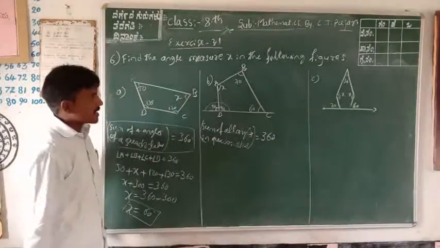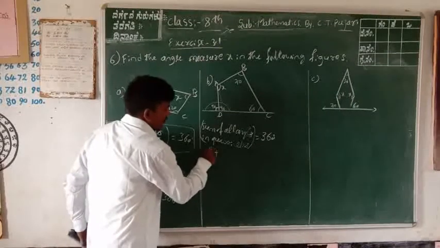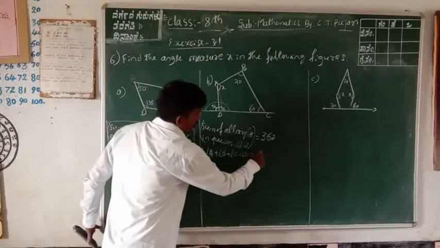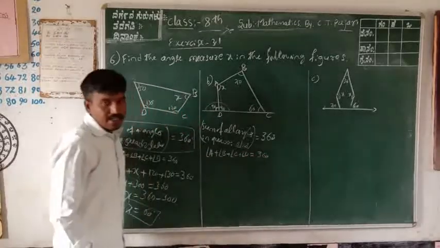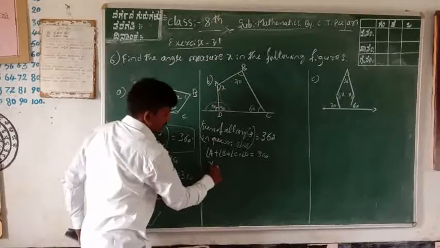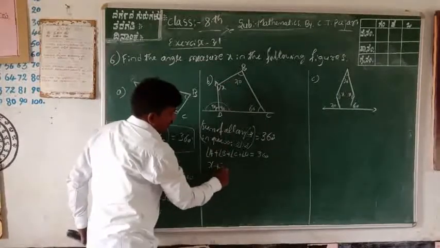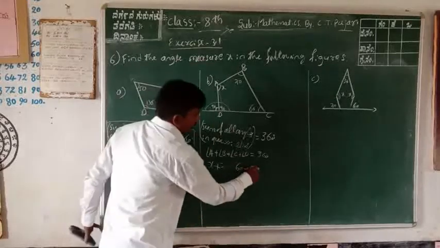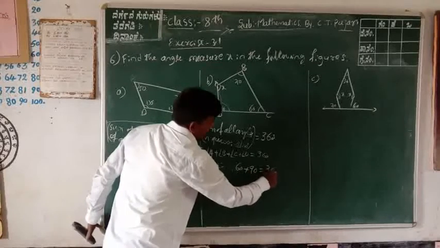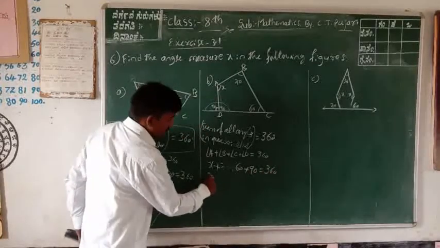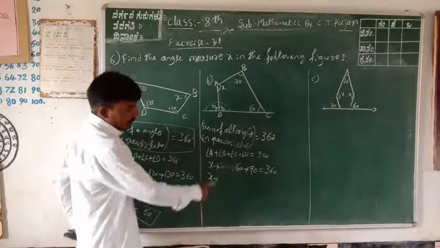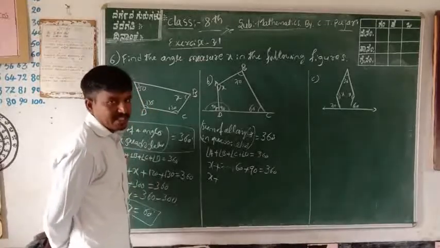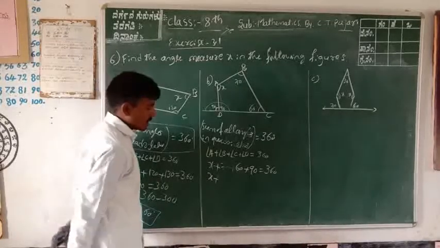Okay, sum of all angles. Angle A plus B plus C plus D is equal to 360 degrees. Angle A is x, angle B is 70, plus angle C is 60, angle D is 90, equal to 360 degrees. You can find out the x value. Again, addition of all these: 70 plus 60 is 130. 130 plus 90 is